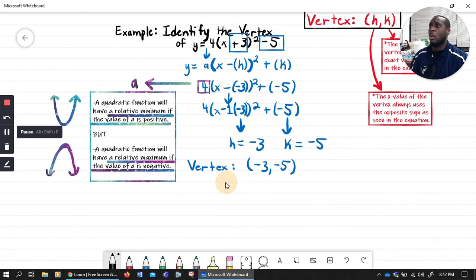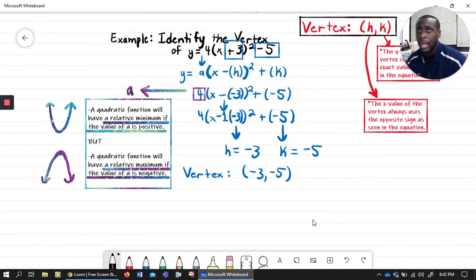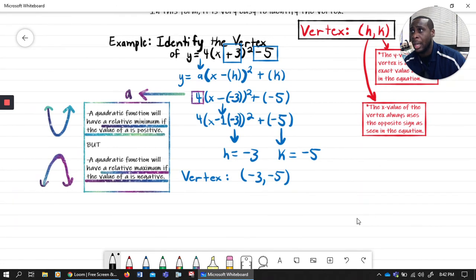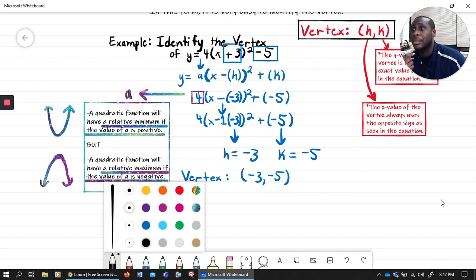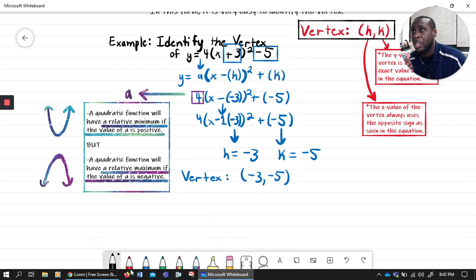So guys, if we put it all together, the a, the h, and the k, and what the three things determine with the vertex, and whether or not there's going to be a relative minimum or relative maximum, then what we can pretty much get from that is the fact that for this particular equation, y equals 4 times x plus 3 squared minus 5, for this particular function here,